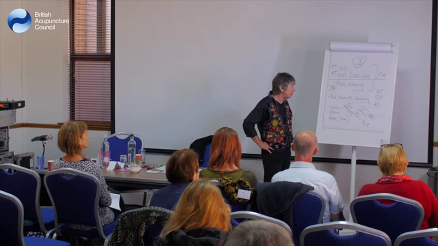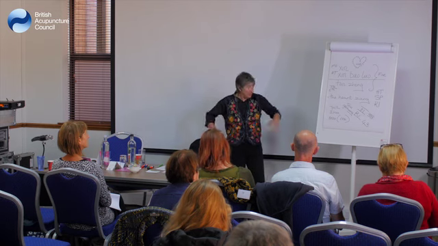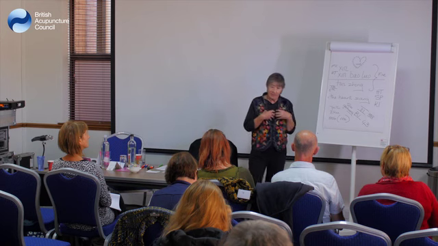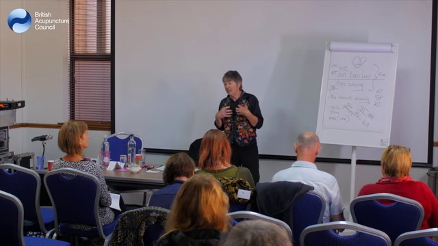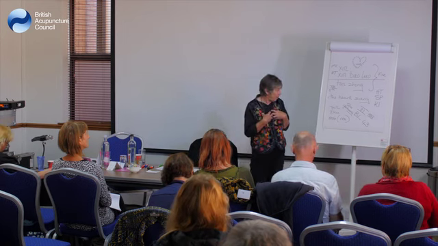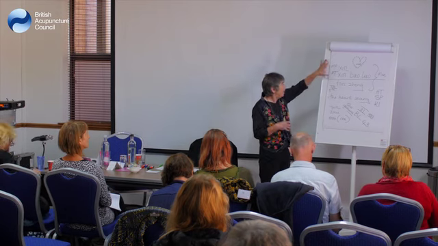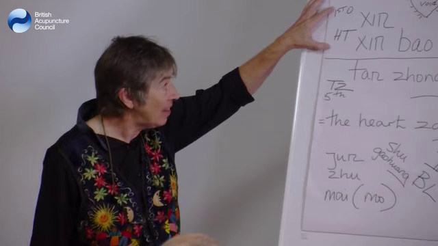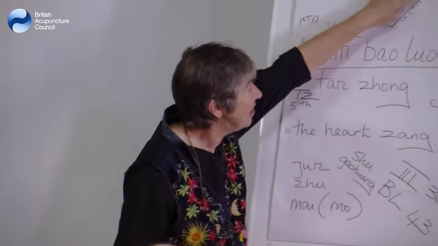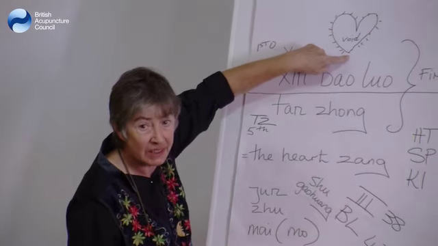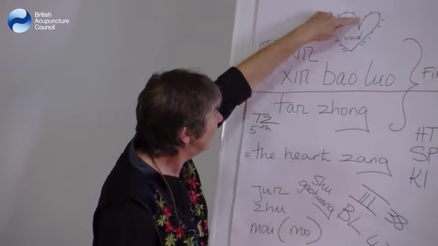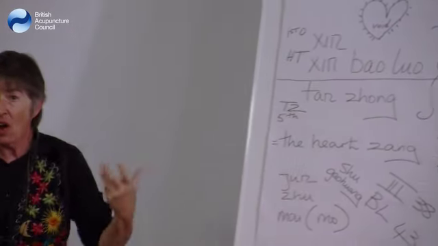And Tanzhong can't really be translated. It's chest qi. It's the sea of upper sea of qi. It is Ren 17. So these two would be the first official, both the heart, so the heart and the heart protector. So here we have the diagram. The minute I draw the heart, inside is the heart, Xin, but this is Xin Bao Luo.